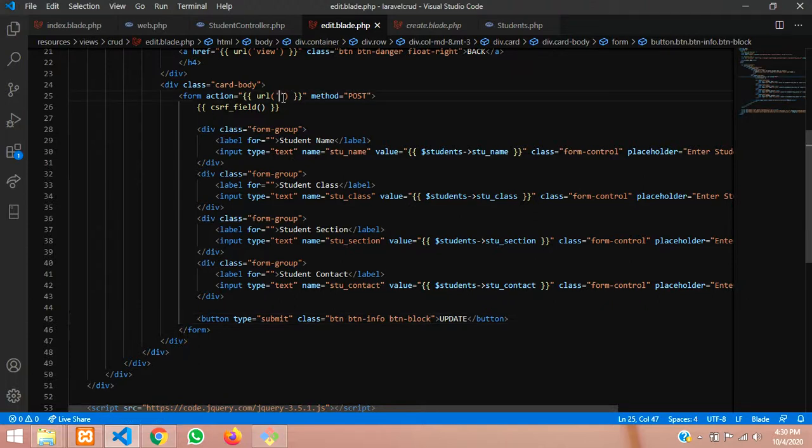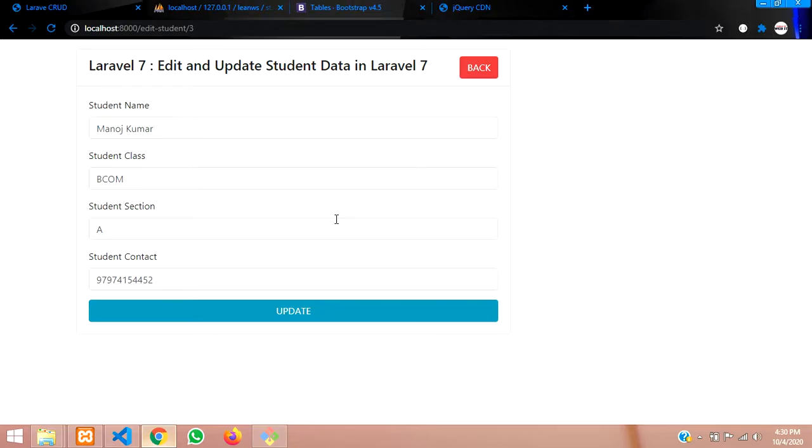So first step, we have to change this route URL. So update students, where you are going to update by its ID. So let's concatenate that ID. You have called this table, right? So let's copy that and paste it over here and call its ID. So when you're going to update the student by its ID, okay? Let's reload this page,